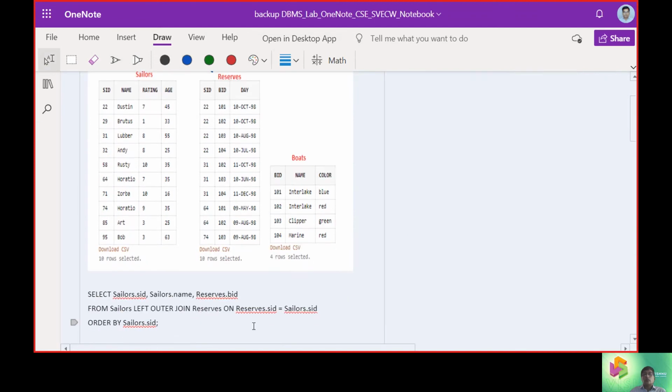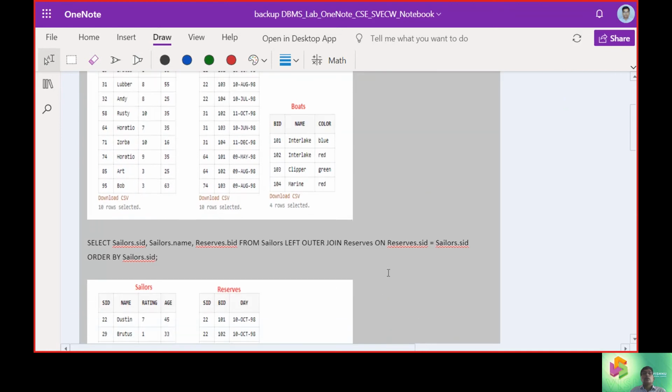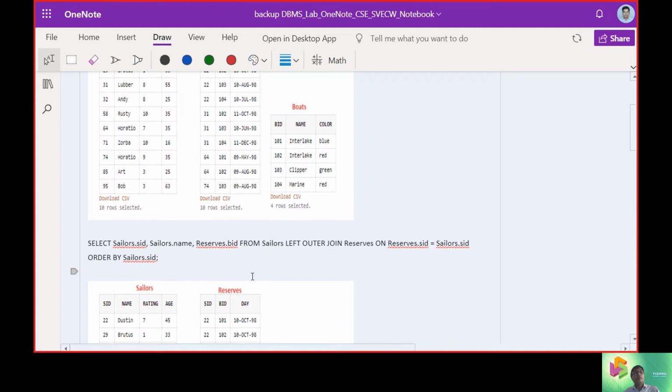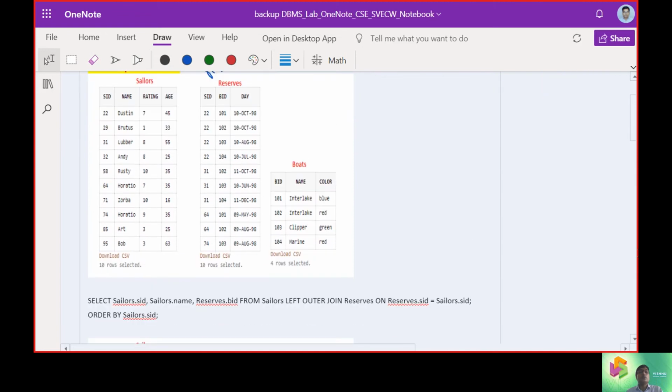We are looking in this model. So just to see this command and hope it goes well. So we need to select the Sailor IDs, Sailor names, and reserves.bid.